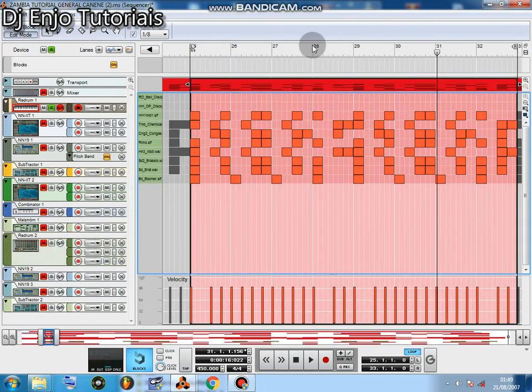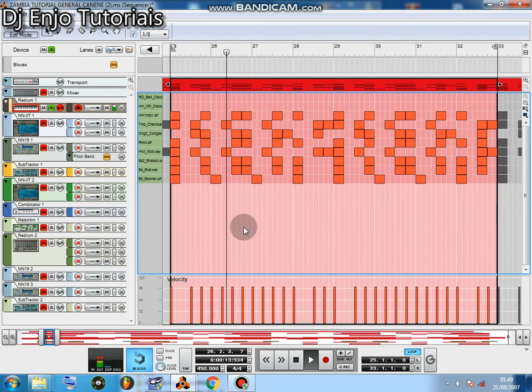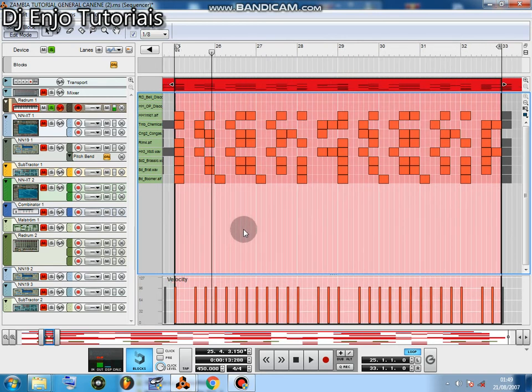Here are the drums. Let us hear how they sound. These drums are very simple to make. As I always say in my tutorials, I like to take the old projects and remove the melodies and remain with the real drums because of the time. And after I drew this